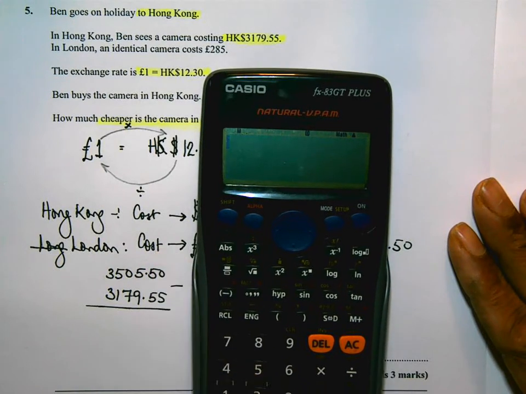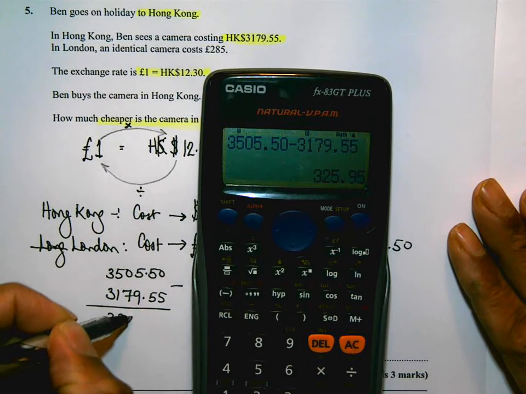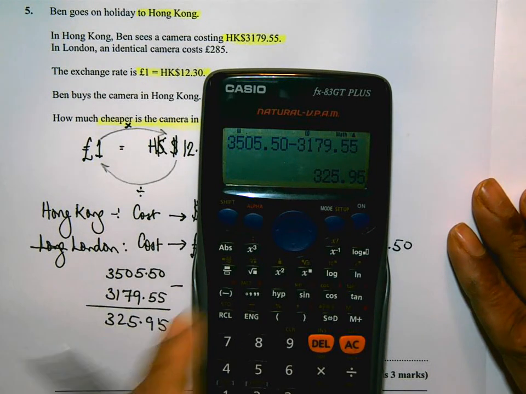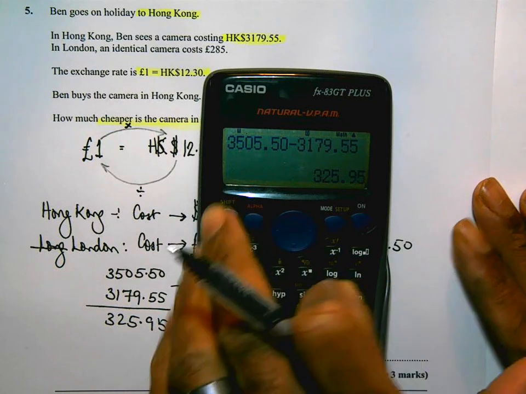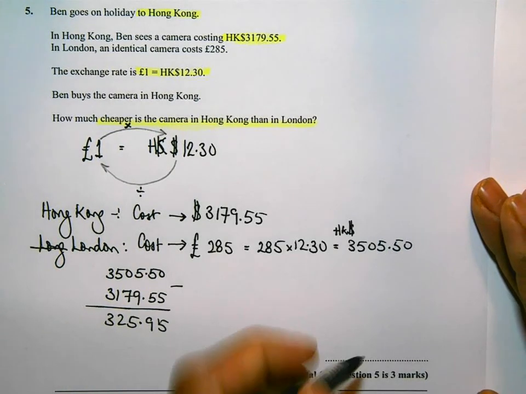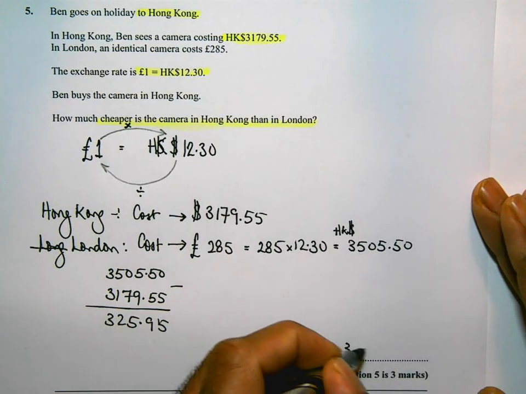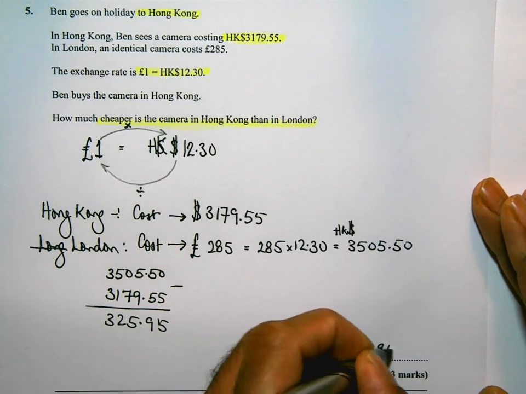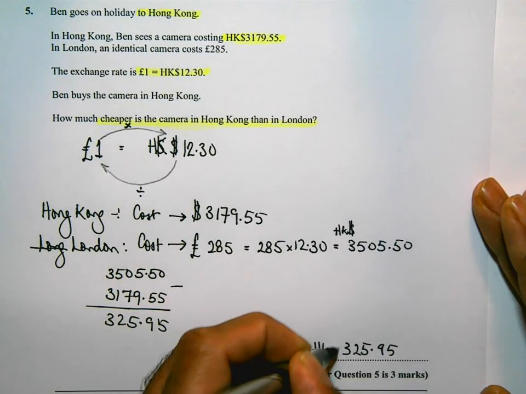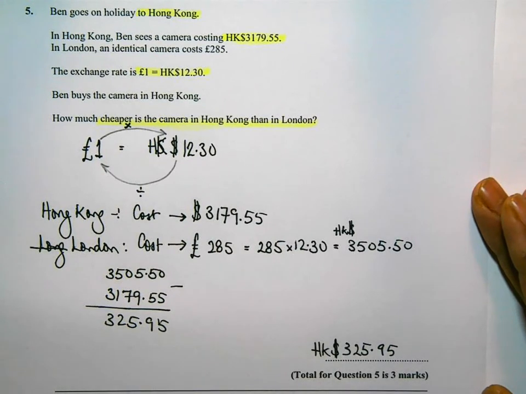So 3,505.50 take away 3,179.55, and that's 325.95. So in terms of Hong Kong dollars, 325.95 Hong Kong dollars. Now it is really important that you put the correct currency in your answer, because there